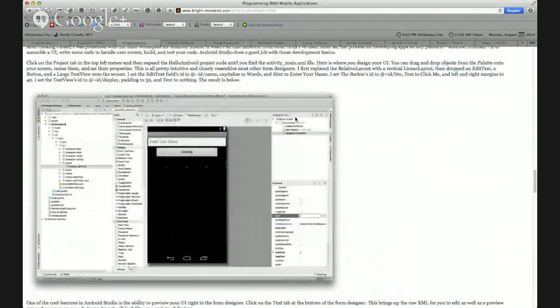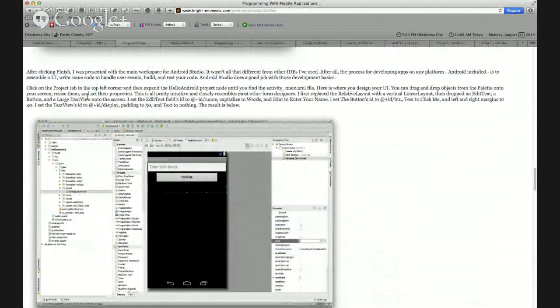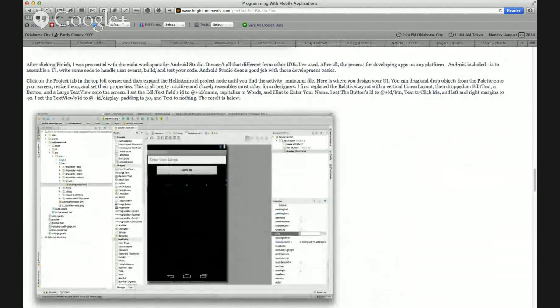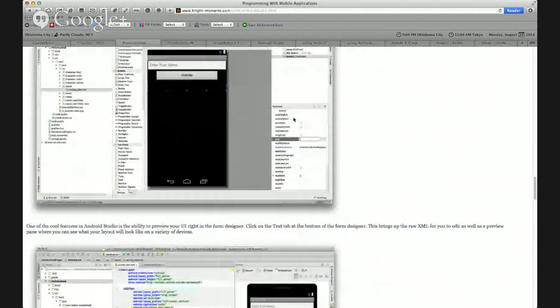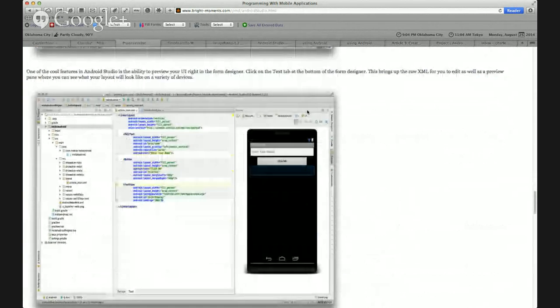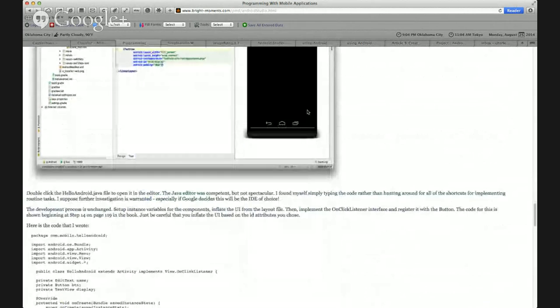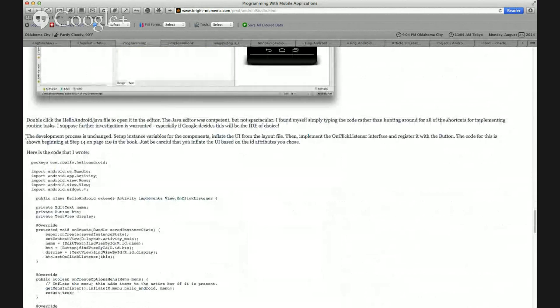Brightmoment.com. Yeah, that's what I thought. That's where I went to. And you have all this information where he's telling you this right up in here, which is where I had most of mine set up. So you've got your enter your name, your click me, and then your output line right here. But then when he comes down here, into this point here,